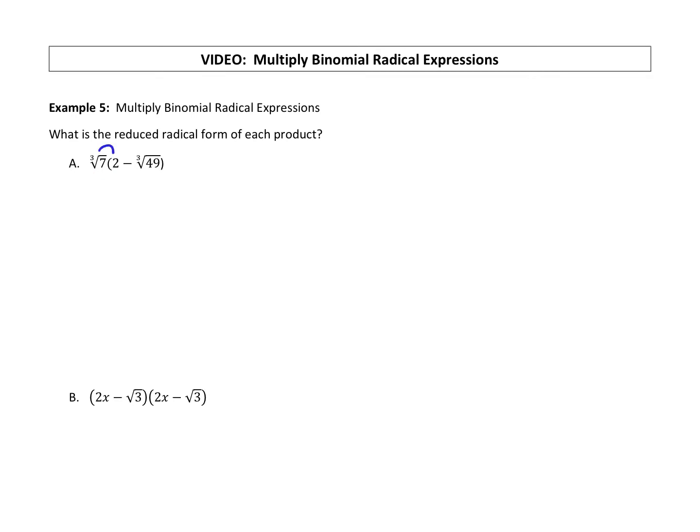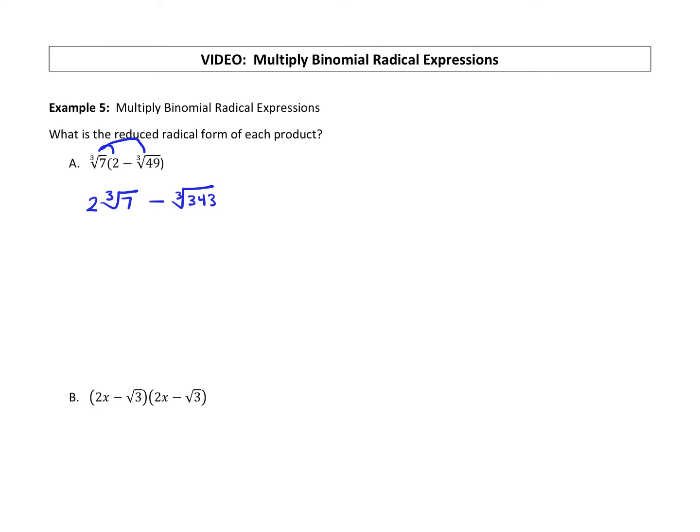Cube root of 7 times 2. Those are not like terms, that 2 is going to come out front. So we have 2 times cube root 7. Cube root of 7 times, this is a negative cube root of 49, so a positive times a negative is going to be negative. And because they're both cube roots, we can multiply those numbers together. 7 times 49 is